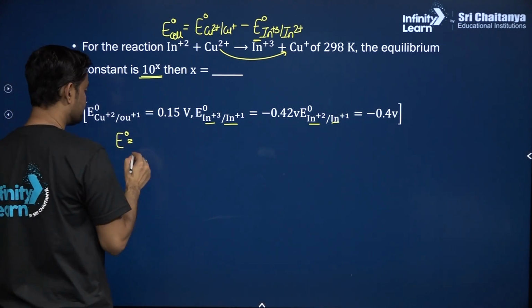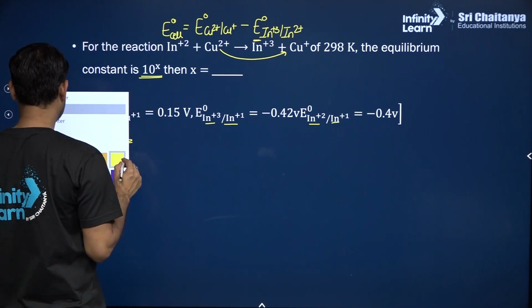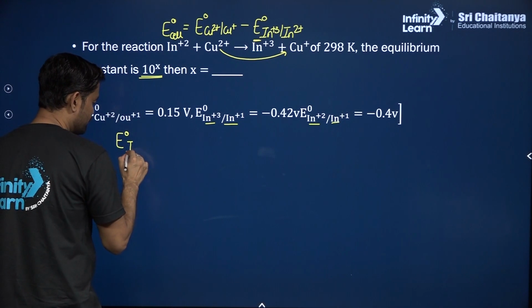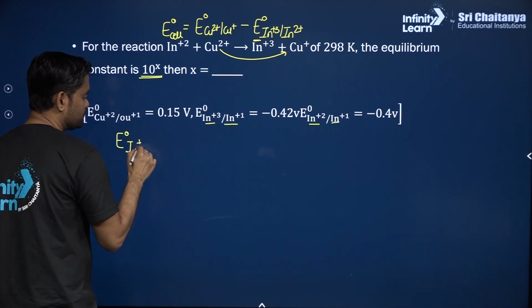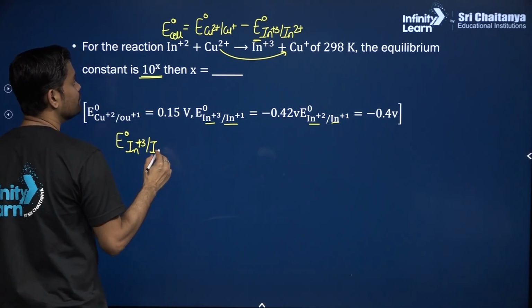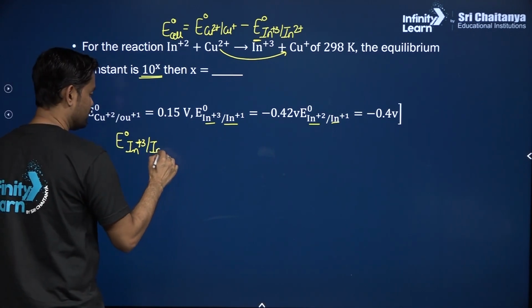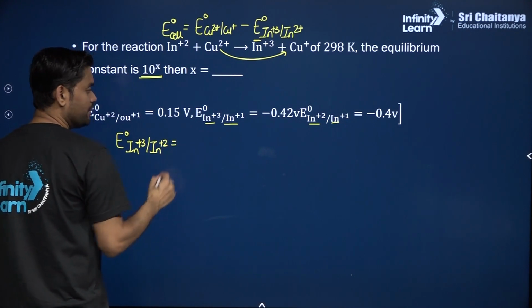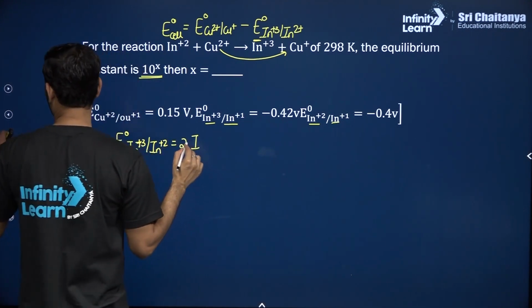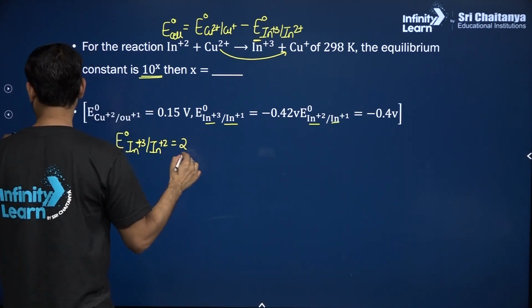E naught of iron plus 3 to iron plus 2 is equal to twice, wait a sec guys, is equal to